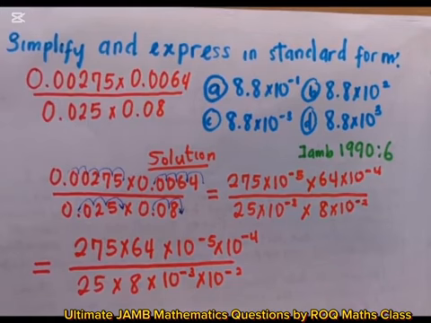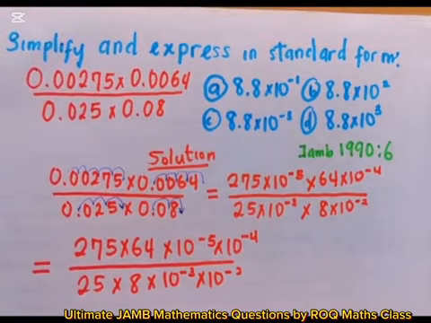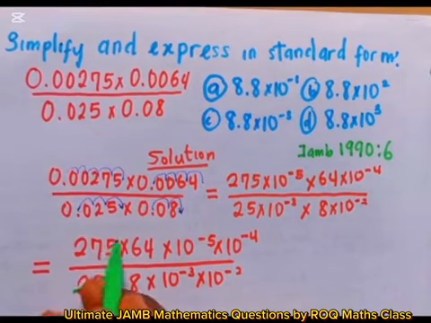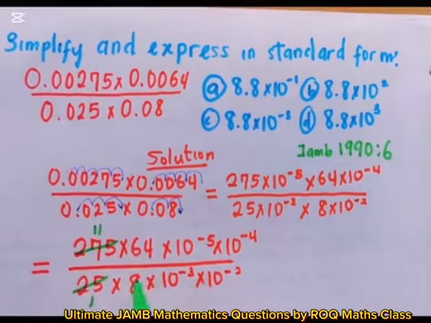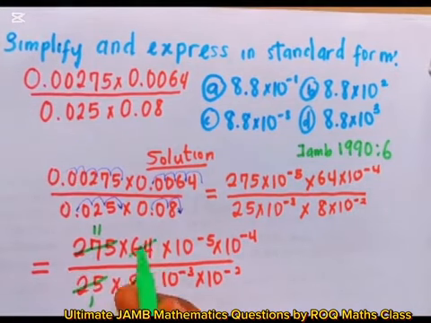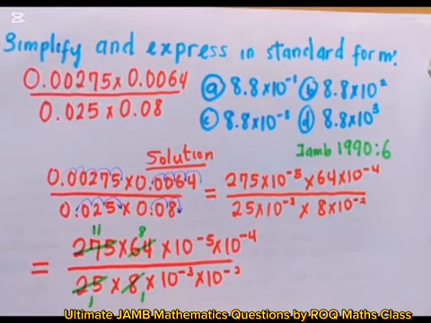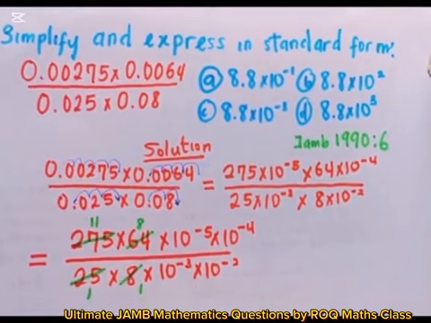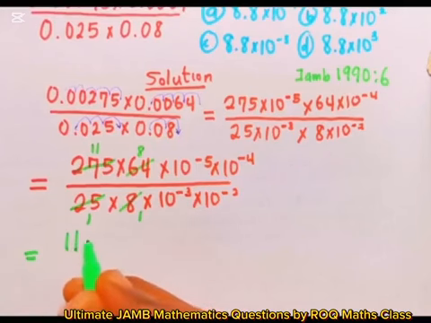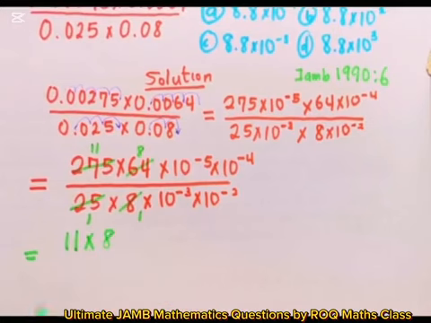If you look at this carefully, how many 25 can I have in 275? 25 here 1, 25 here 11. 8 here 1, 8 here 8. So this is equal to 7 times 8